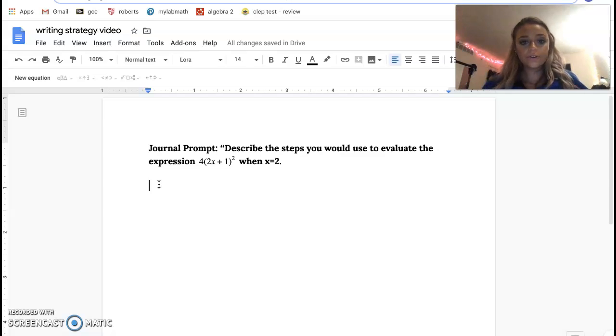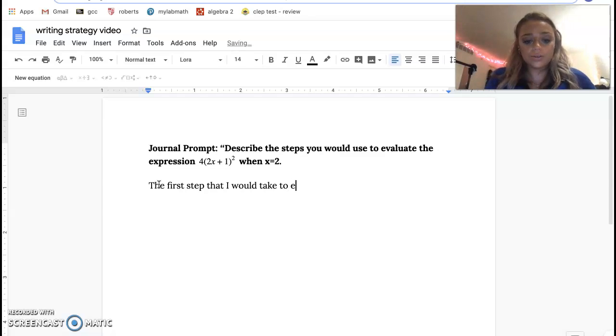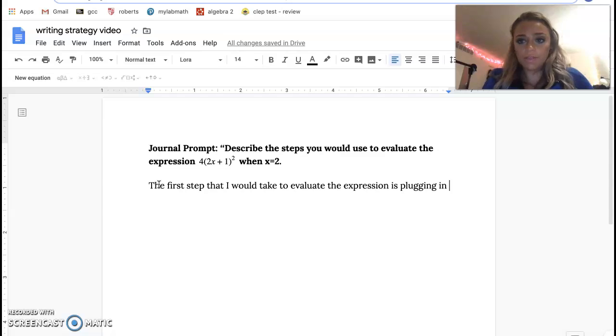Okay, so I know the first thing I'm going to do is plug in 2 for x. So I'm going to write that down. The first step that I would take, and I am using a complete sentence here, to evaluate the expression is plugging in, and that's a phrase we use a lot in math, plugging in the 2 for x. Okay, so now I'm going to say what that would give me. This would give me the expression